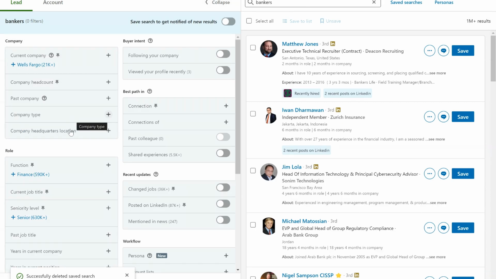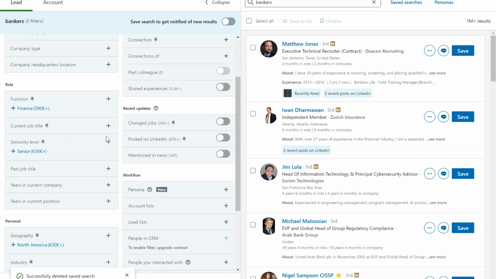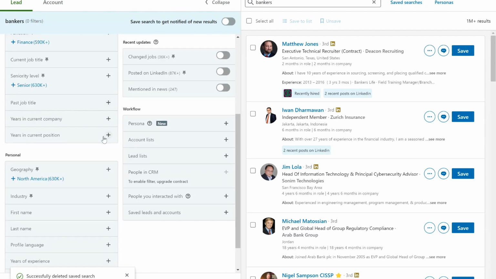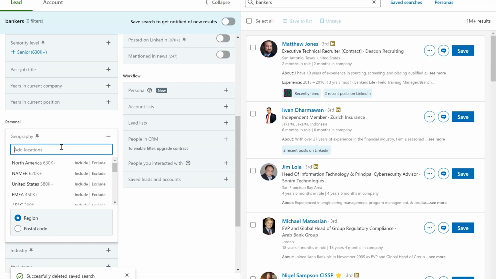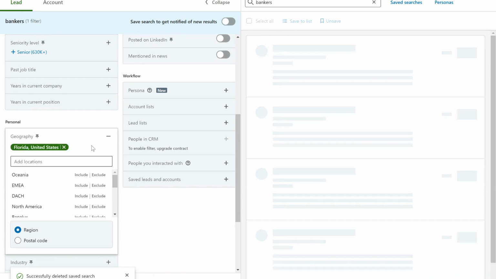And then we want to go after a certain location. So we're going to go ahead and go down, look for our geographic area here. Boom, right here. So geographic. We're going to go ahead and add our geographic area. And let's say we only want to work with people maybe in the state of Florida. It doesn't matter which state you're in. You can work in any state that you want to, based off of the parameters that are set inside of here.